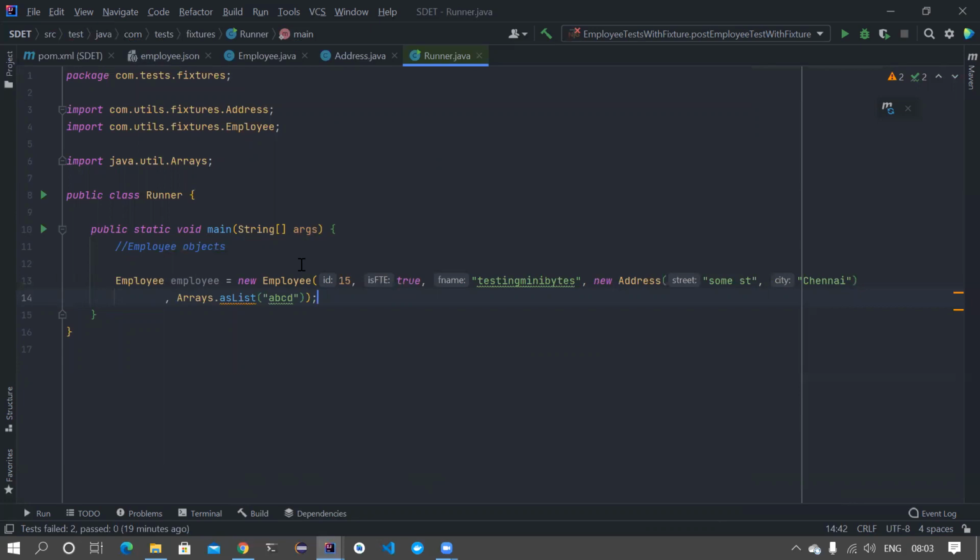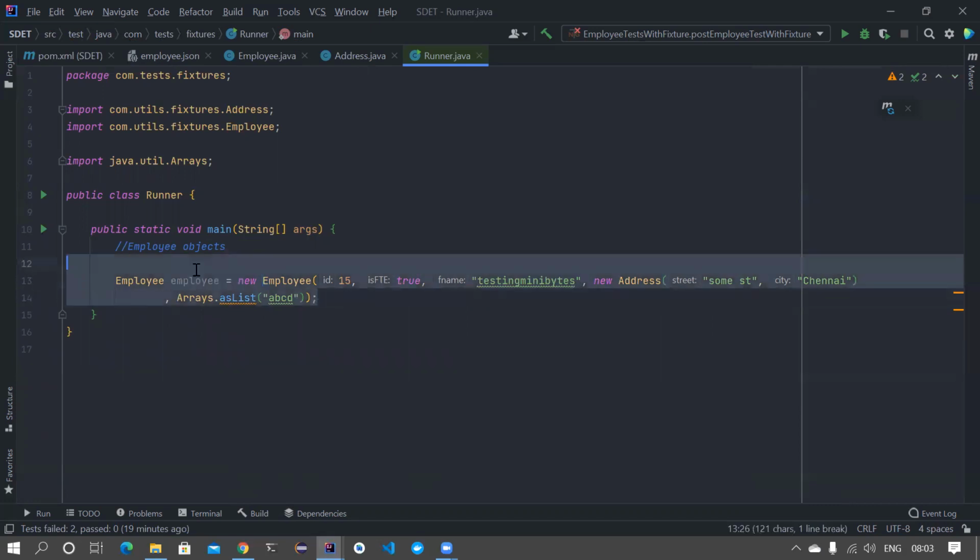Most importantly, fixture objects will be really useful if you want to test each and every field. First, I want to test with a valid employee ID. Second, with an invalid employee ID. Third, with the ID field as null. I want to do field level validation in a very big page. In those cases, these templates will be really helpful. I want to test for first name, and not only this, I want to test with another 15 sets of values. How can I do this? That's when the fixture templates will help you.